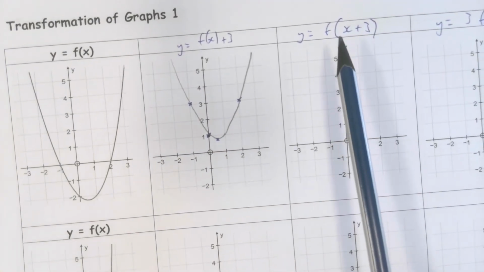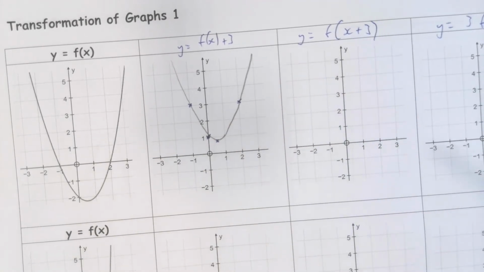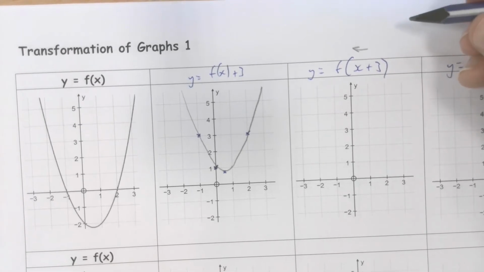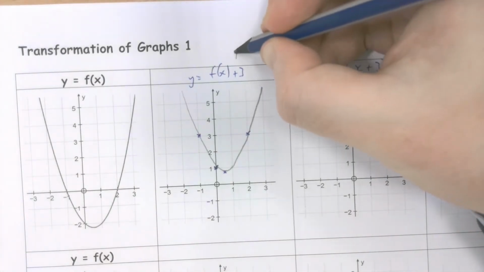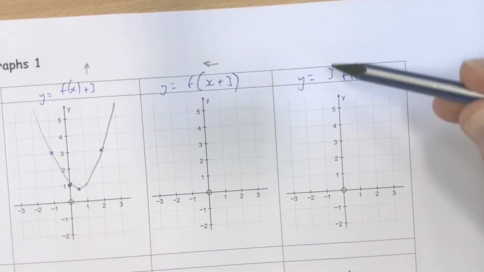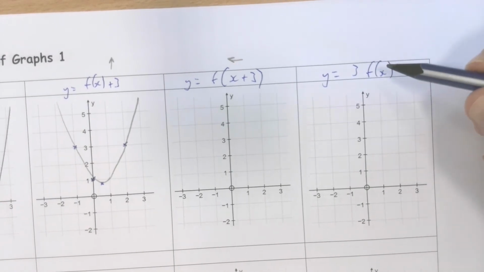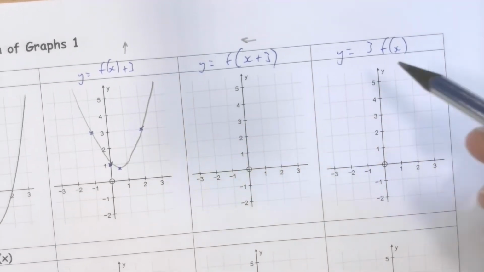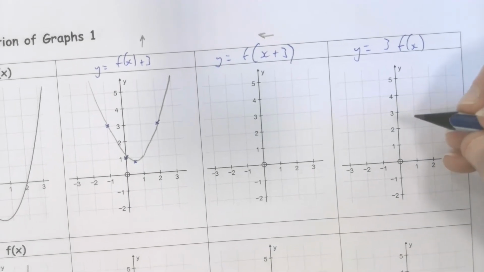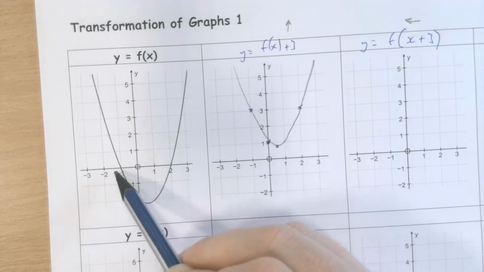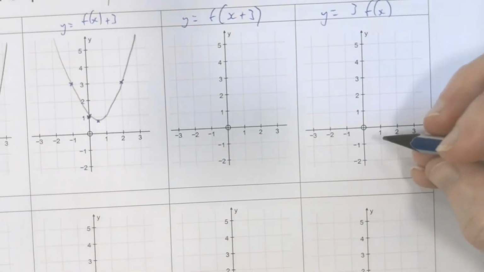Of course we remember, don't we? If 3 is added to x, that actually translates as a shift to the left, the opposite direction to what we would expect. Plus 3 here is a shift up. And then for the y equals 3 f of x here, every y value of every coordinate in the function is tripled. So that's obviously going to have an impact not on the x-intercepts, because effectively for these x values, -1, y is still 0. So the x-intercepts are going to stay the same,